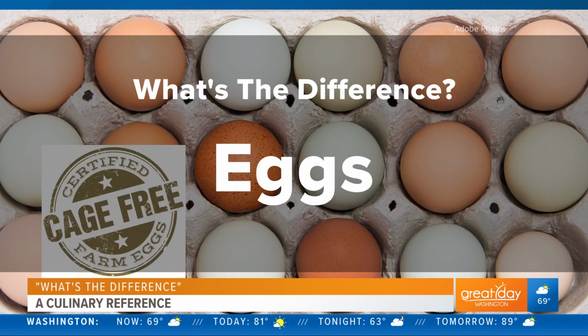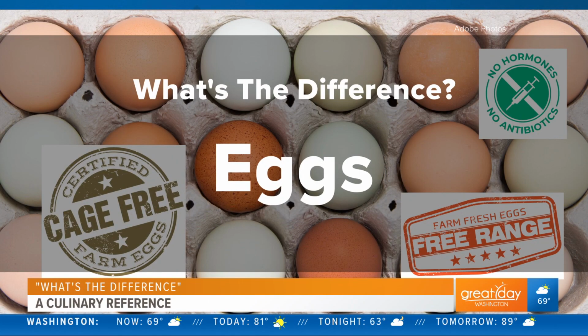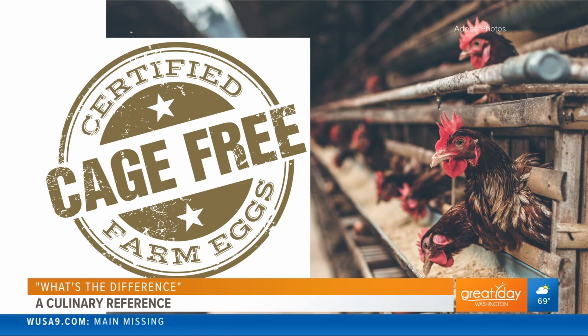Eggs. You've got cage-free, free-range, what is it, hormone-free, pasture raised, vegetarian. So who knew there were so many different eggs? Yeah, it can get really confusing when you go and try to pick out a carton and you're like, what am I supposed to be looking for here? So cage-free is a pretty common one you'll see, and that means exactly what it says it is. The birds don't live in cages, which is great because the normal cage size for a chicken is actually only the size of a piece of paper. So it's great that they're not caged, but there are definitely some better